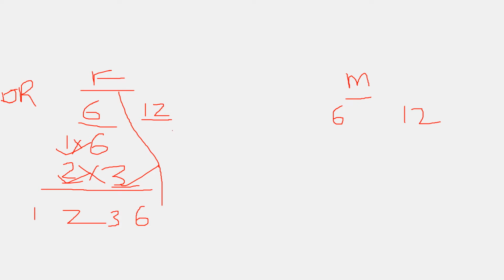In the similar way we'll find the factors for 12. Start with 1. Please remember that 1 is a factor of every number. So in the 1 table, 12 goes 12 times. To check whether it goes in the 2 table or not, you should see the last digit. It is 2, so it goes in the 2 table. So 2 into 6 is 12. We finished with 2.